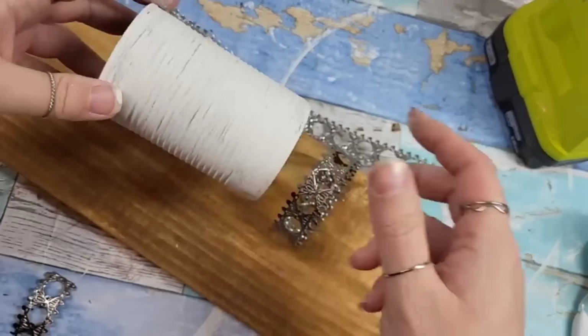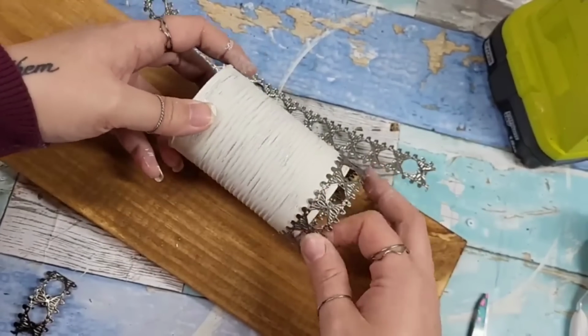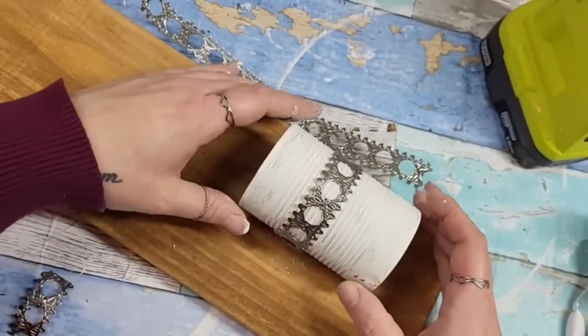That probably came out wrong. I mean, get your metal lace on there however you need to get it on there. This worked out for me. I stapled one side, measured, stapled the other side, and then we are just shimmying our little can